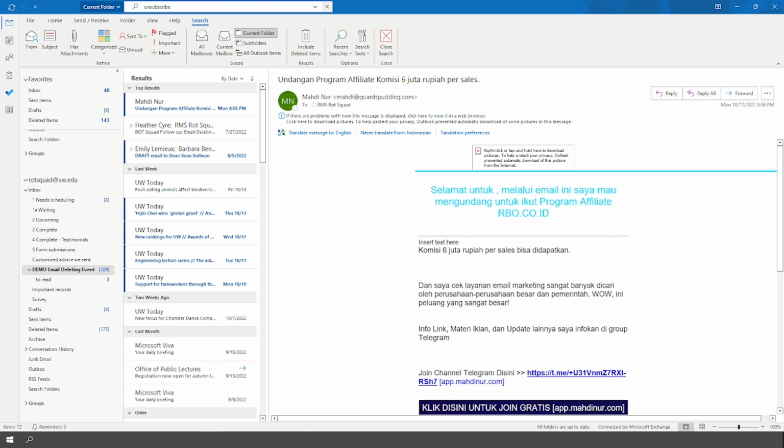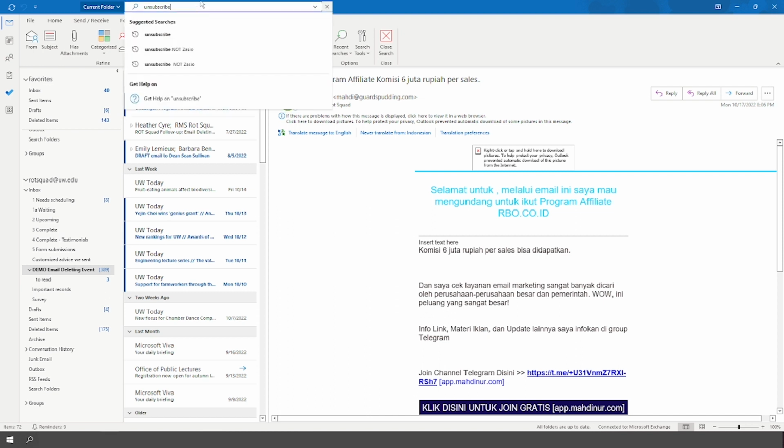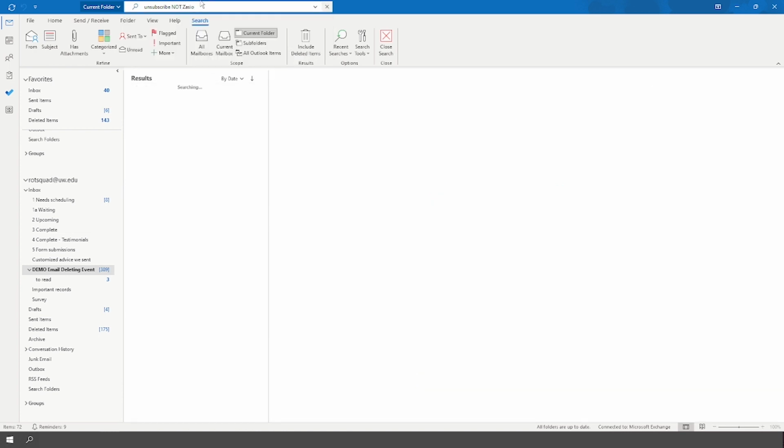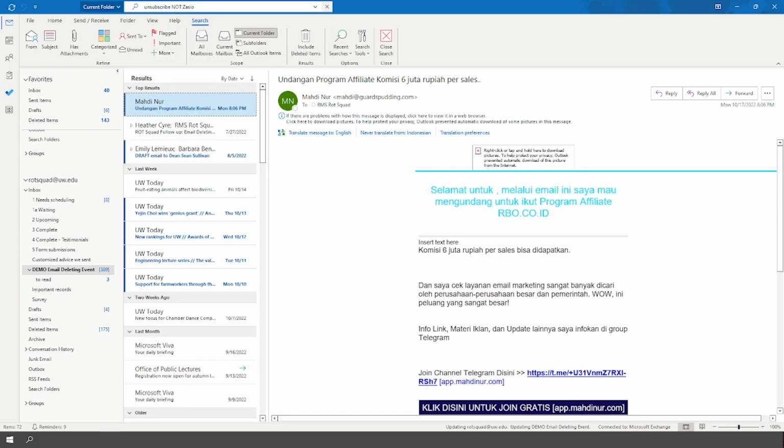However, if you think that you have some substantive email relating to them, such as financial transactions, you can type unsubscribe, the word not in capital letters, NOT, and then your vendor name. So for example, unsubscribe, not AT&T. Yeah, that's a great point. I searched unsubscribe, I got all these different newsletters, and then I put not of our database vendor, Zazio, to leave them out of it. In case they have something more substantive in their communications, you can exclude them.